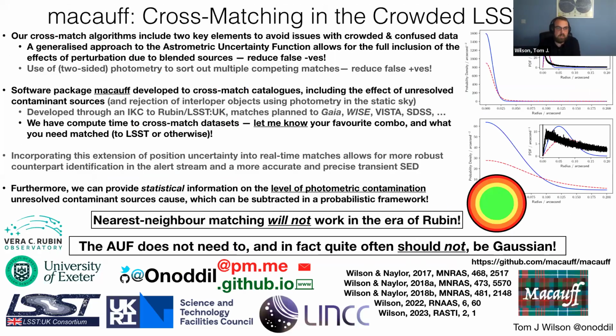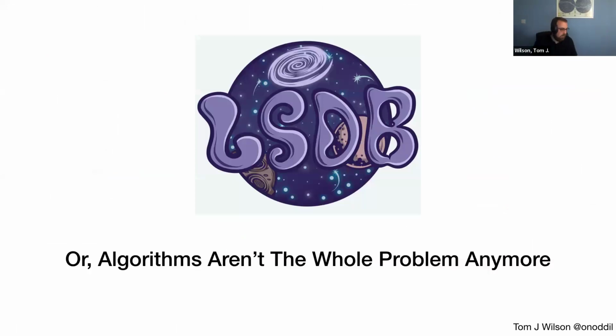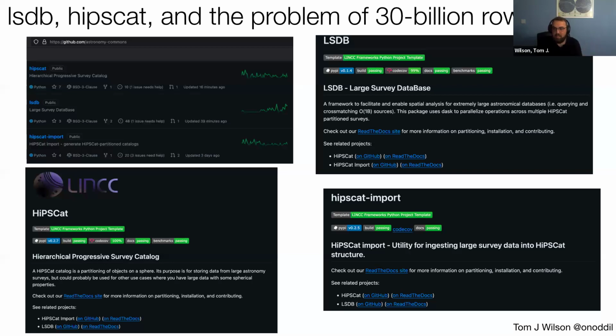But if I hastily skip forward, yes. So that was a whole lot of theory, a lot of work that had been done previously. But unfortunately for us, the problem gets worse because all of that complicated cross-matching is tricky now. That's not actually the most fundamental problem we have with cross-matching anymore. It's the fact that there are going to be 30 billion objects, and therefore every single thing we